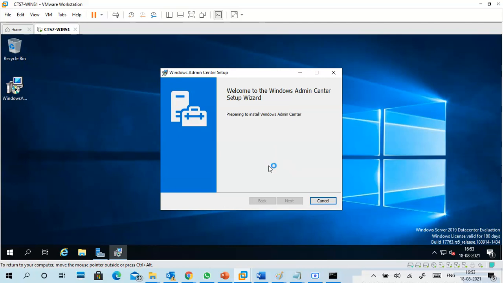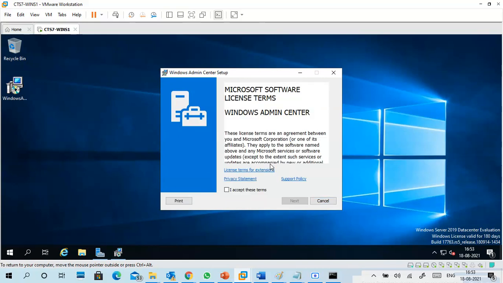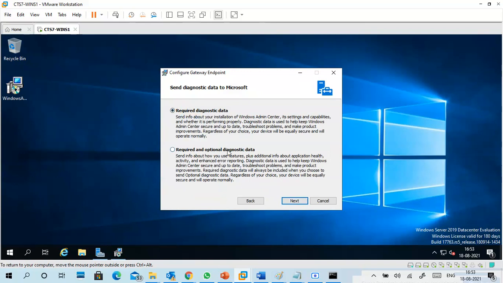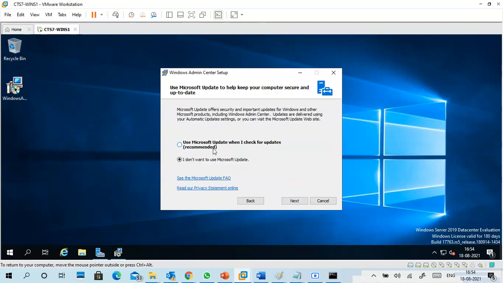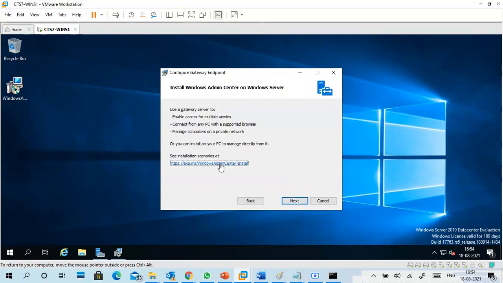Validating port number 80. Any option you can put, no problem. I don't want to use Microsoft Update.